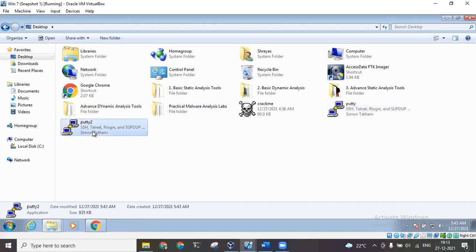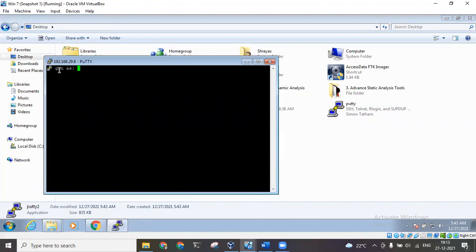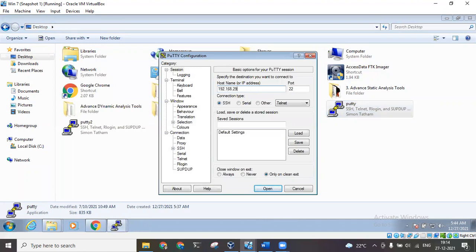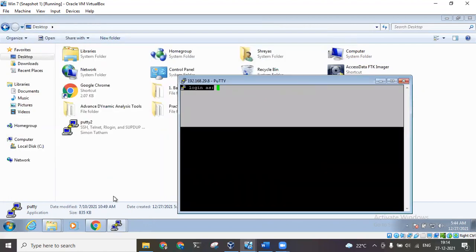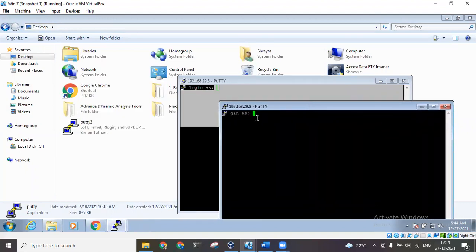Okay, so if I open this file and I give the same IP address, I click on open. See, now I can see it is showing as GINS instead of login as. If I open this one, and I give this, we can see it is giving login as. Okay, but in our modified version, we can see GINS. So this is how we can change the behavior of the application at runtime. Okay, and we can then save the application. So everything would be the same.